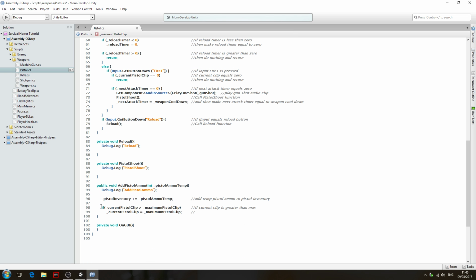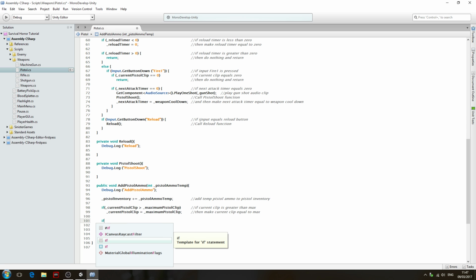We cannot reload past the maximum, so it will just add 6 more bullets to the clip. That's what this if block is for. So let's continue on with the comment. Then make current clip equal to max,